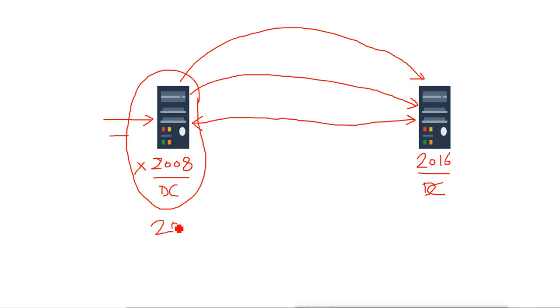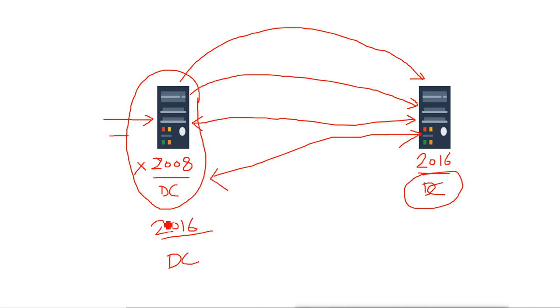Now we already have this 2016 server available, which has all the Active Directory roles installed. Then we will make this server a domain controller again for this domain. When we make it a domain controller, every configuration and setting for the domain controller will come back to this server again. If we don't want the other server, if it is only a test server, then we can just remove the Active Directory from it and disable the server, and this server will be a domain controller again, but this time it will be a 2016 server.